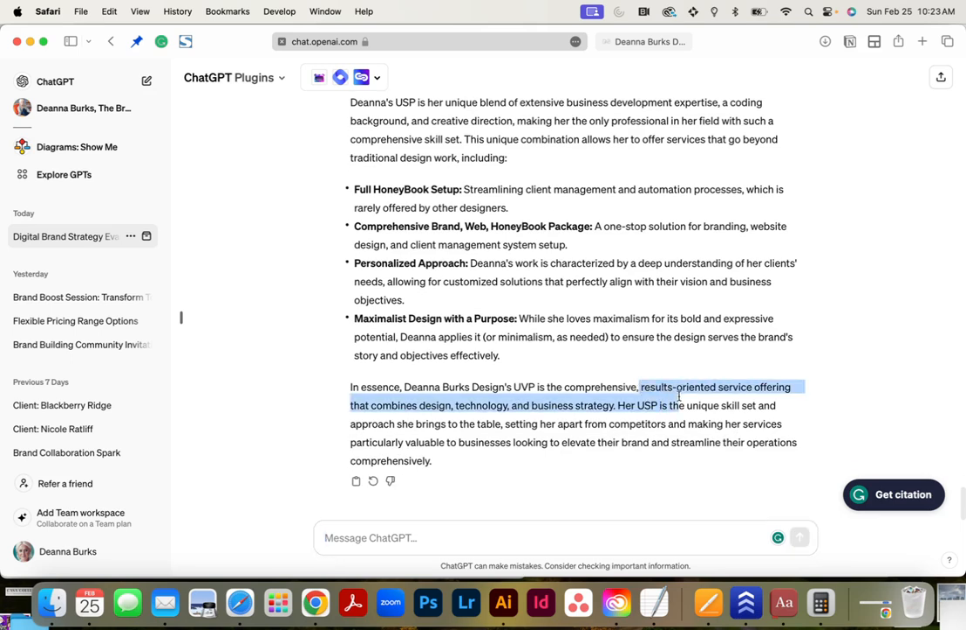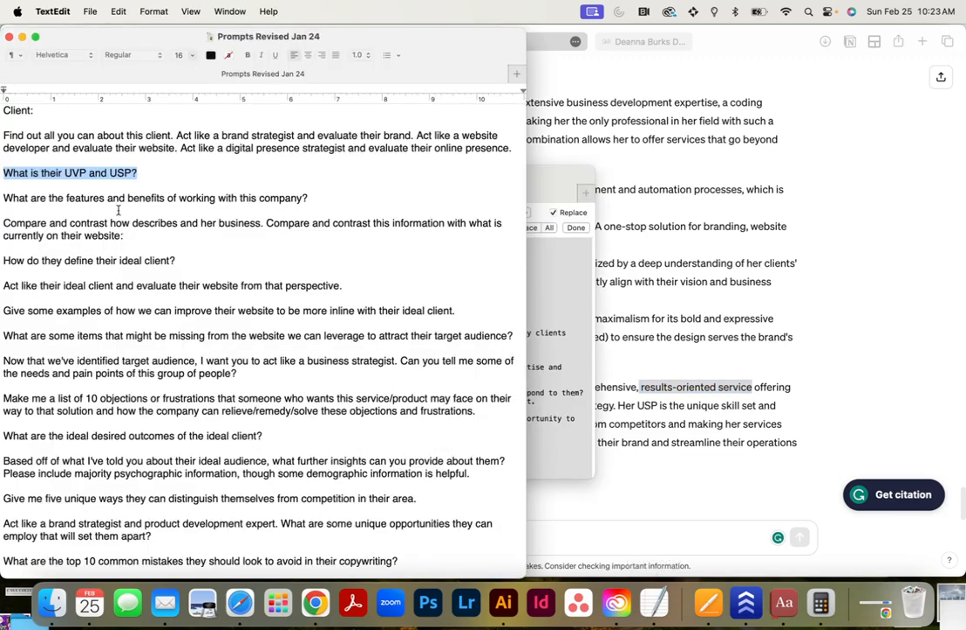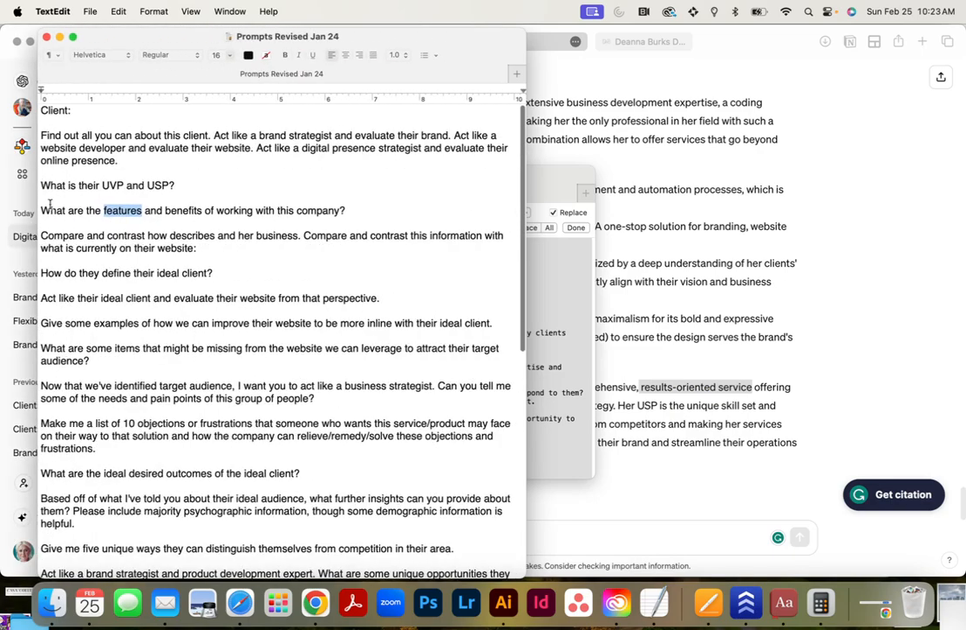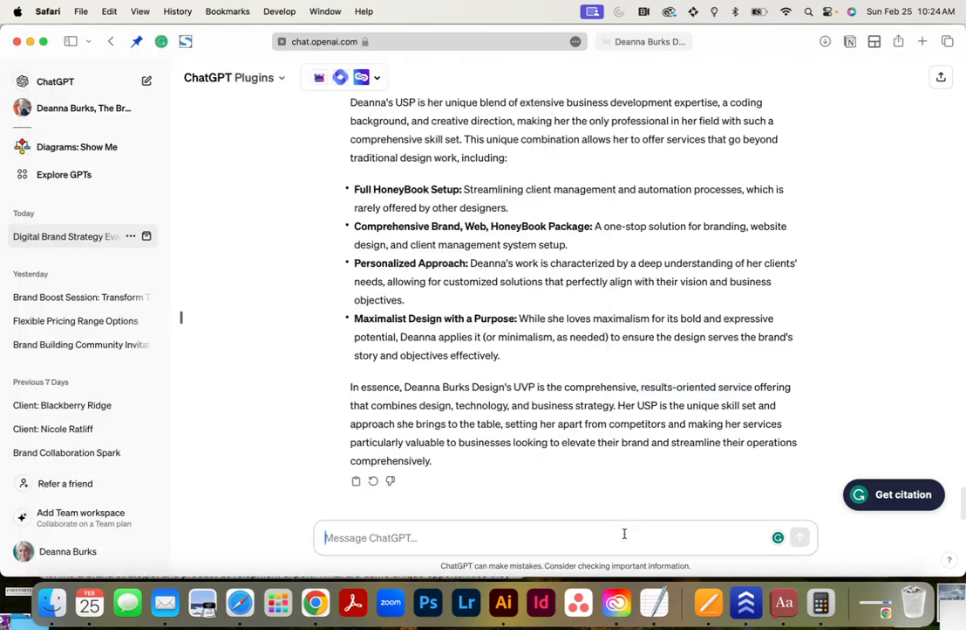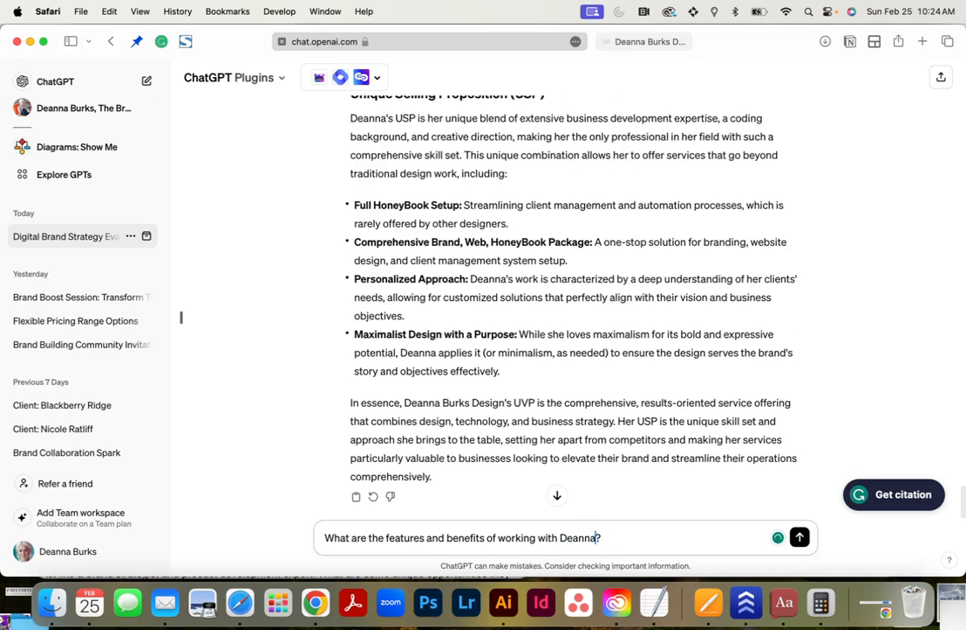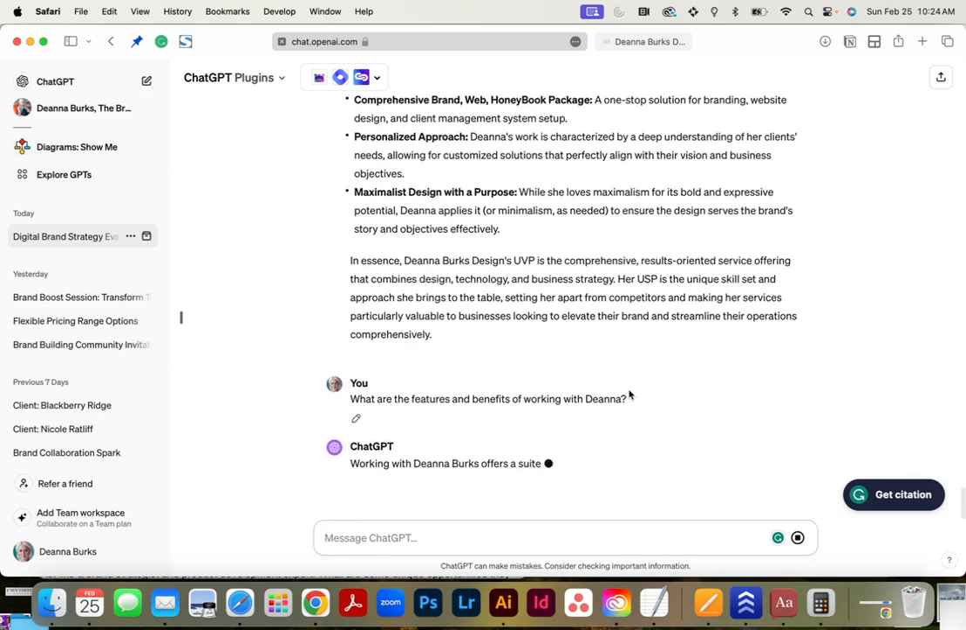This right here is what most people are looking for, results-oriented service. They want to know that you can give them the results they need. Okay, so what are the features and benefits? Very important to know. What are the features and benefits of working with this company? So we're going to say working with Deanna. And it will begin to outline